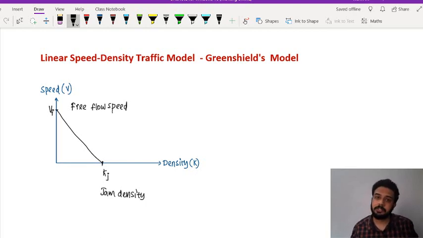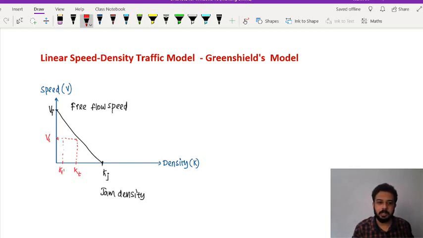Okay. So what Greenshield has told is, if you are taking any value of density K at any particular instant, using his equation, he has given an equation, we can calculate the corresponding value of V. For example, if I am putting some K at any instant T, I get Vt; at any other instant, if I am putting K T dash, correspondingly we can calculate V T dash like that. Understood?